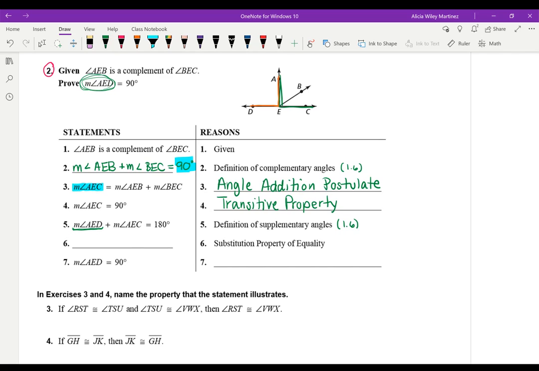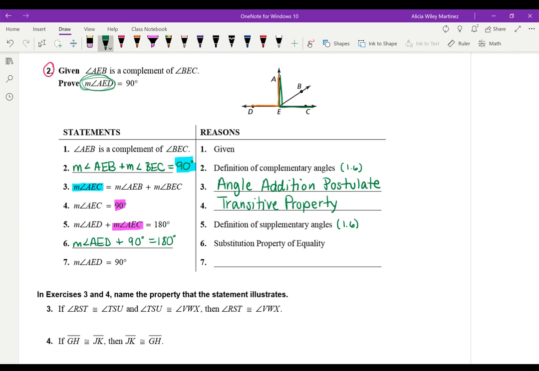What I do know is that AEC is 90 degrees, so I can substitute this 90 degrees for the measure of angle AEC. They can take the place of each other because they're equal to one another in step 4. So substitution gives me that hint that the measure of angle AED plus 90 degrees, because I'm substituting 90 degrees for AEC, equals 180